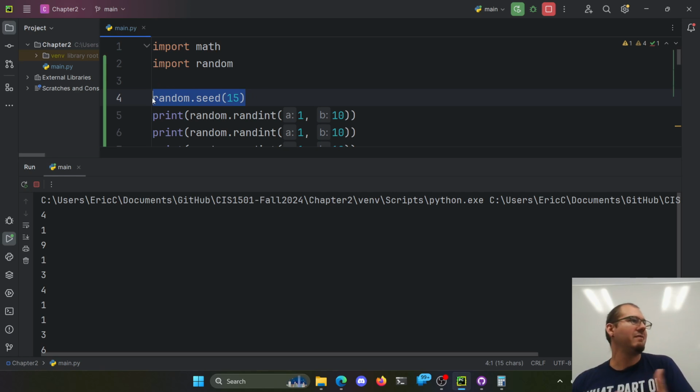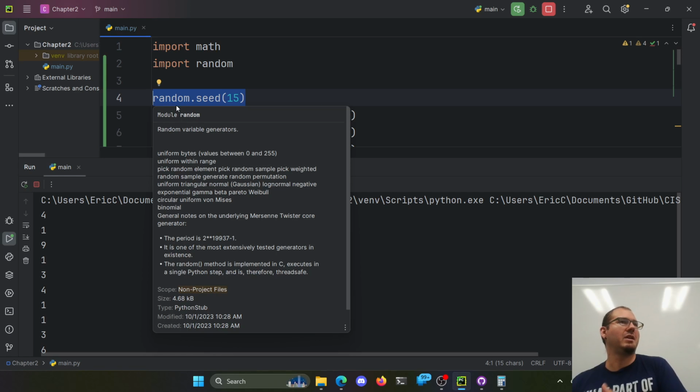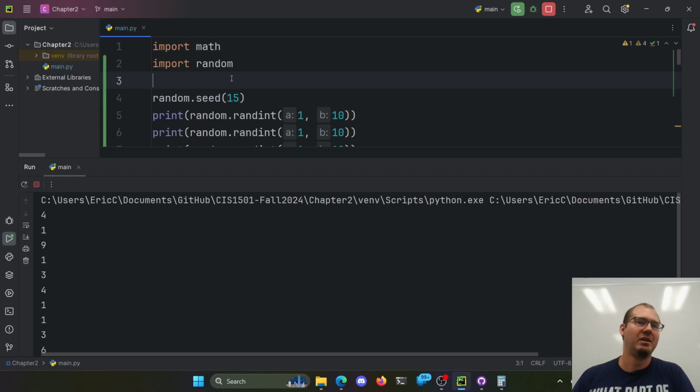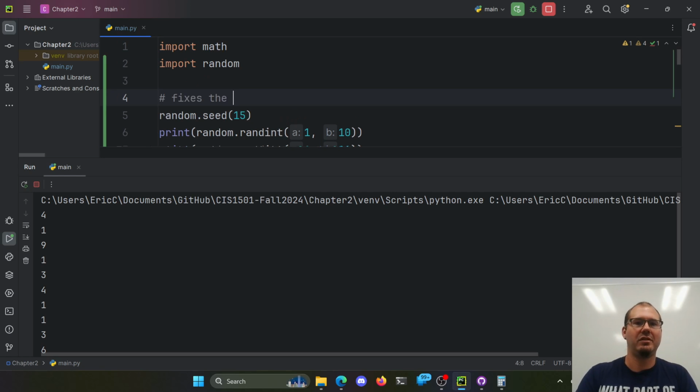So this is not very useful in a program where we want things to be random. But if we want it to be consistently random, for whatever reason, we can do that. This will make things a little easier to test later on. Like if we wanted to build a slot machine game, it's really hard to test getting a jackpot. But if you can fix a seed, it's easier to get a jackpot, because you know what numbers are going to come out. So this fixes the pseudo-random